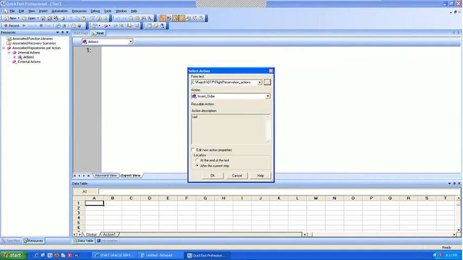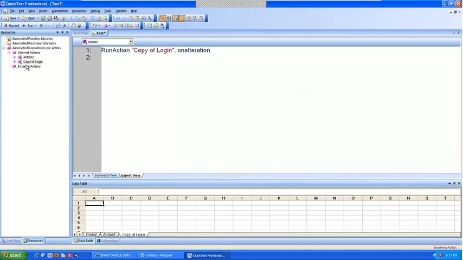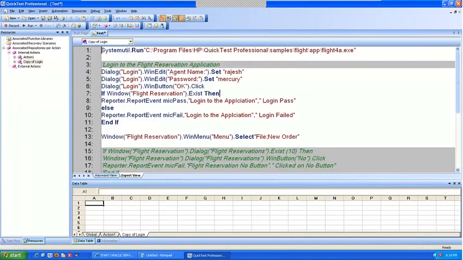Let's see, I'm doing call to copy. I'm selecting the flight reservation actions. This is the script where I want the action. See, it's showing me all the 3 actions. I selected this, said OK. You see, a copy of that action has come here. Now, if I go to the copy, I can make any changes I want.